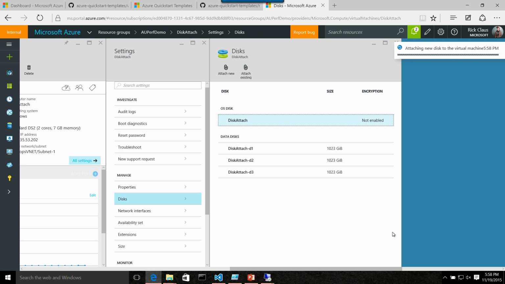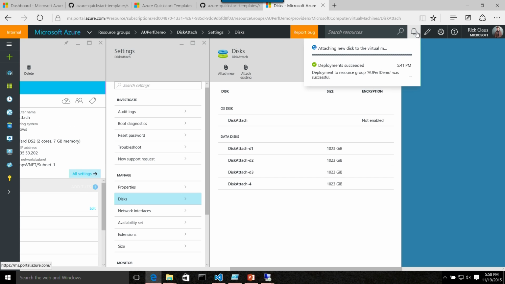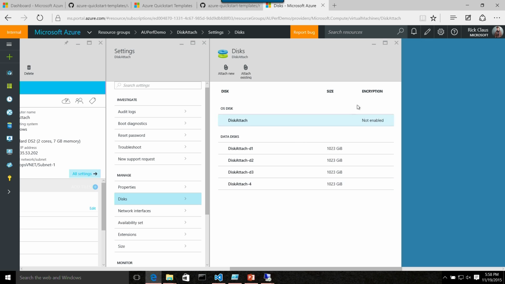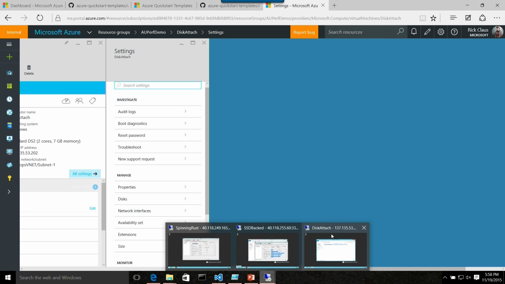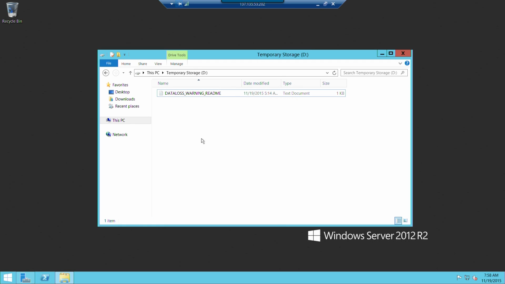He is now finding the resources available on that SSD-backed storage, creating me a new VHD file that is 1 terabyte in size, and now associating it back to my machine and making it available. And here we go. Perfect. It's now done, 4 disks that are now attached on there. I have this guy up and running as disk attach. If I go in and run Disk Management,